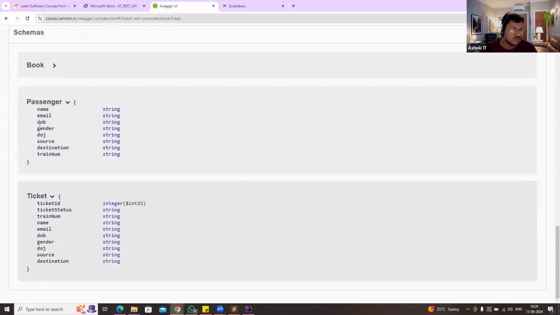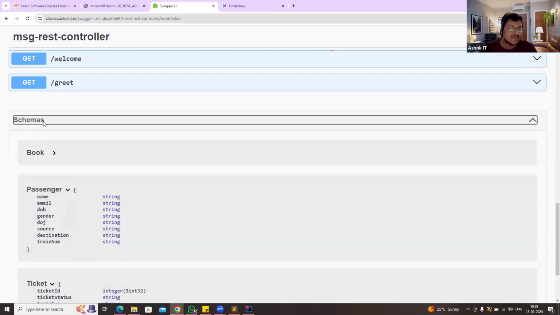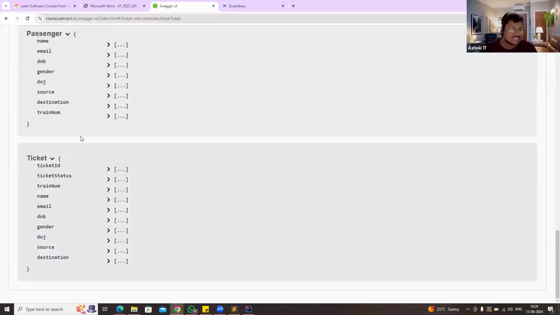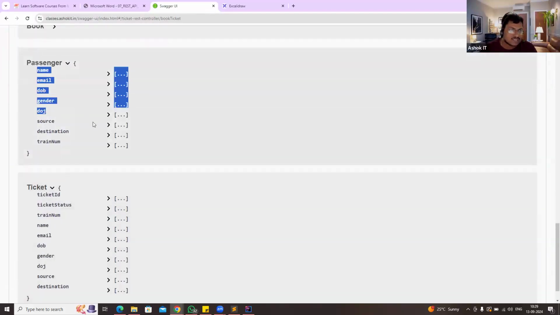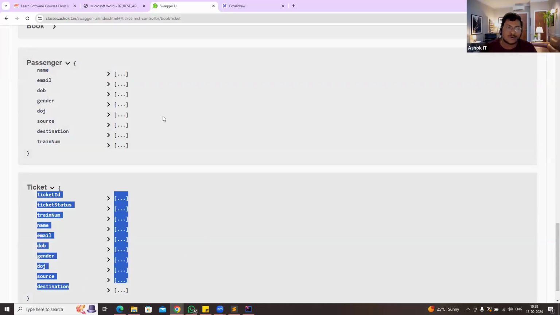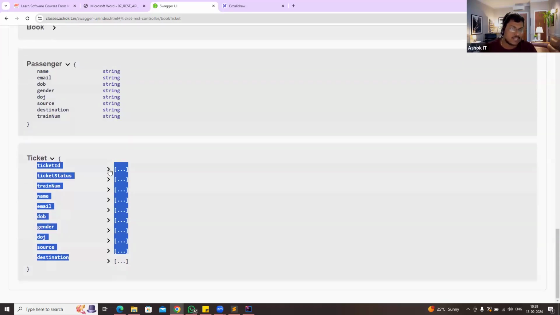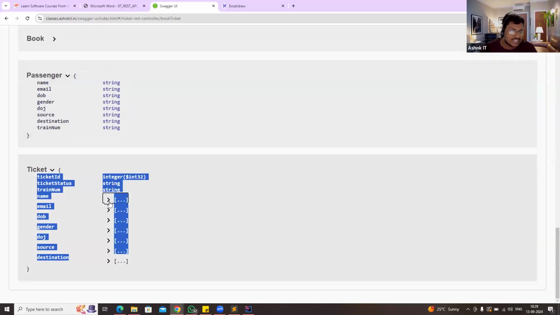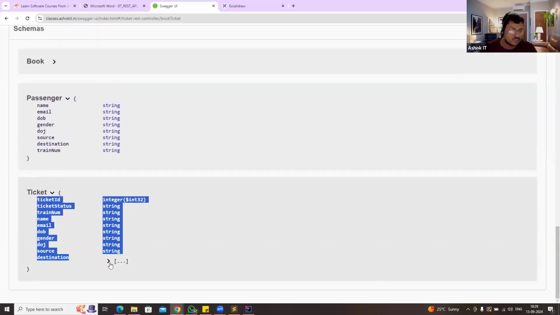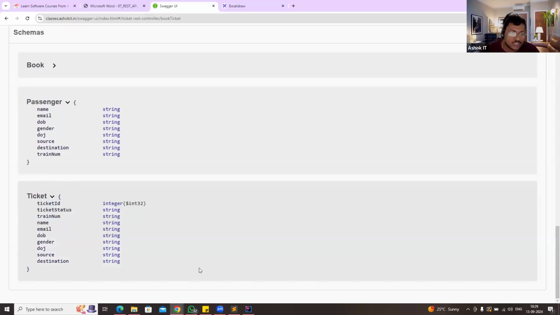Like this you need to understand the schemas they are providing. That schema will represent your request data and your response data structure. What data you need to send in the request payload and what data you are going to get in the response payload, you need to understand,